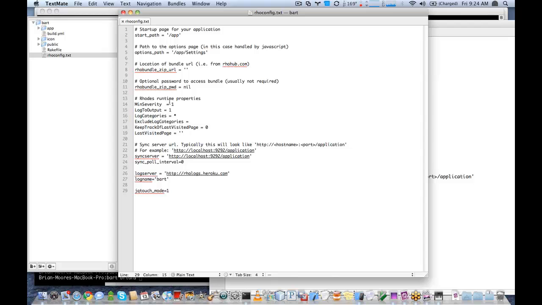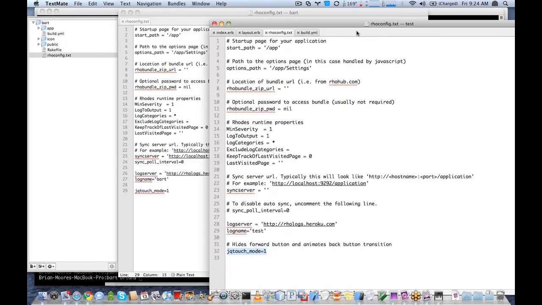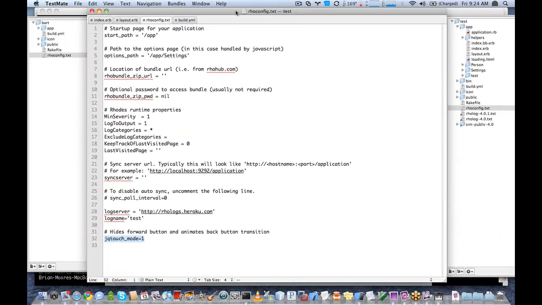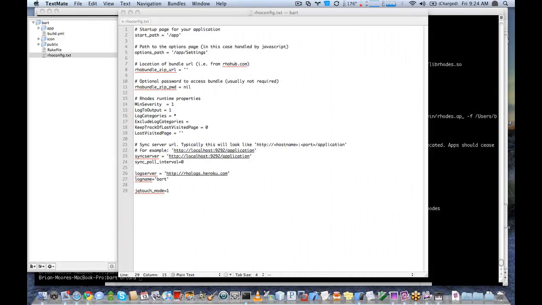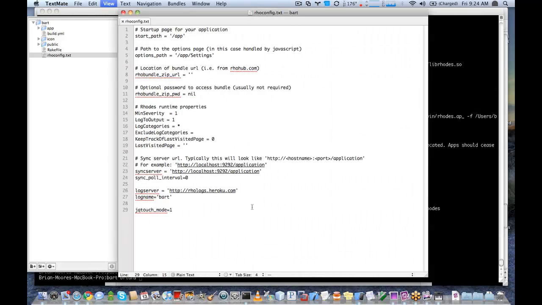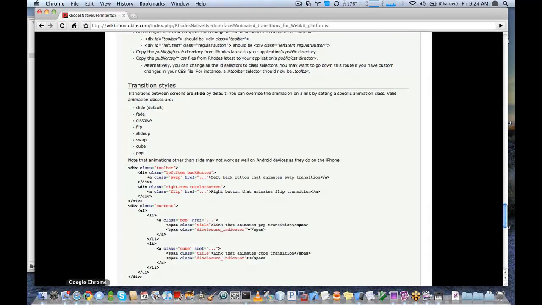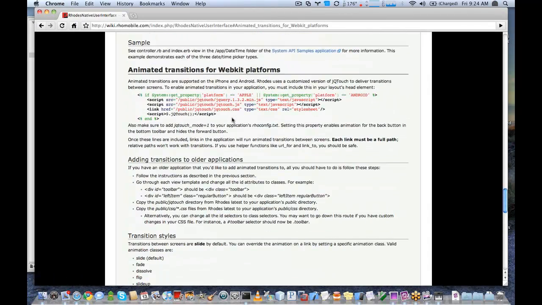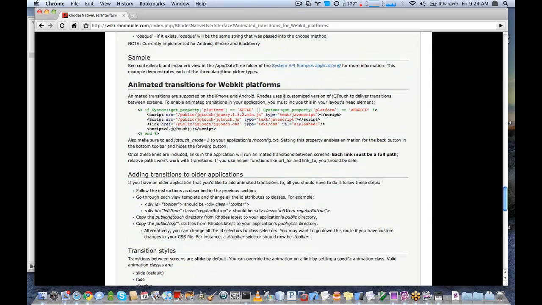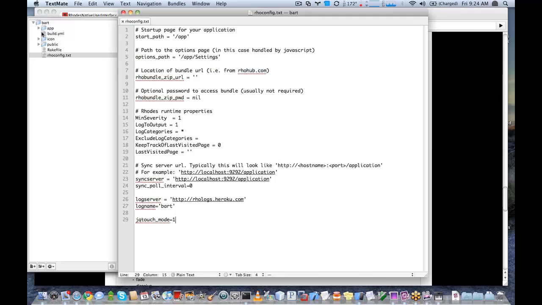Save that. You need to change your layout.erb, and so we have on our wiki page the code that you need to add to your ERB. So if we go back to the wiki, we see there's this block here that says this must be included in the layout's head element. So we can simply copy that code here and go back to our application,